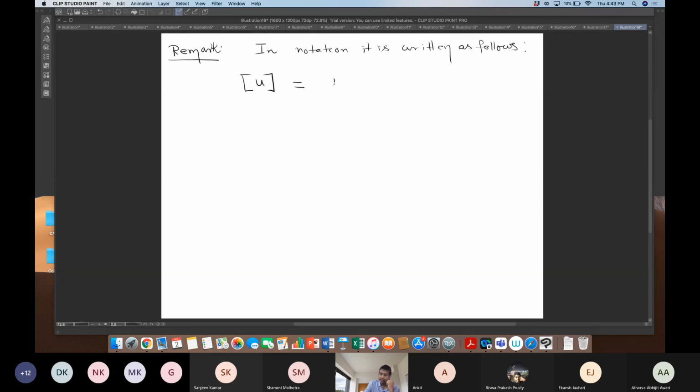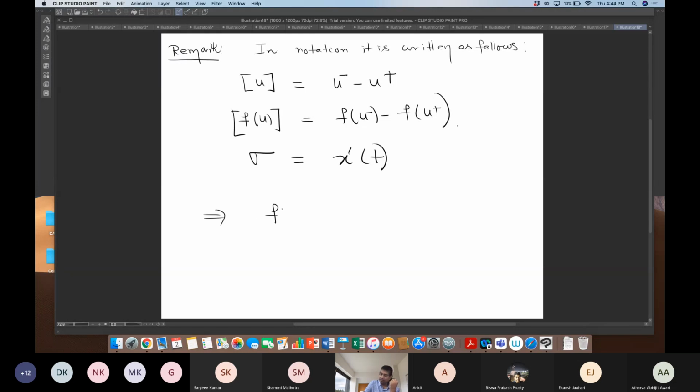This third bracket u is u minus u plus. F u I write down as f of u minus f of u plus, and sigma I write down as x prime. So the previous condition is sigma u times... People write in the book